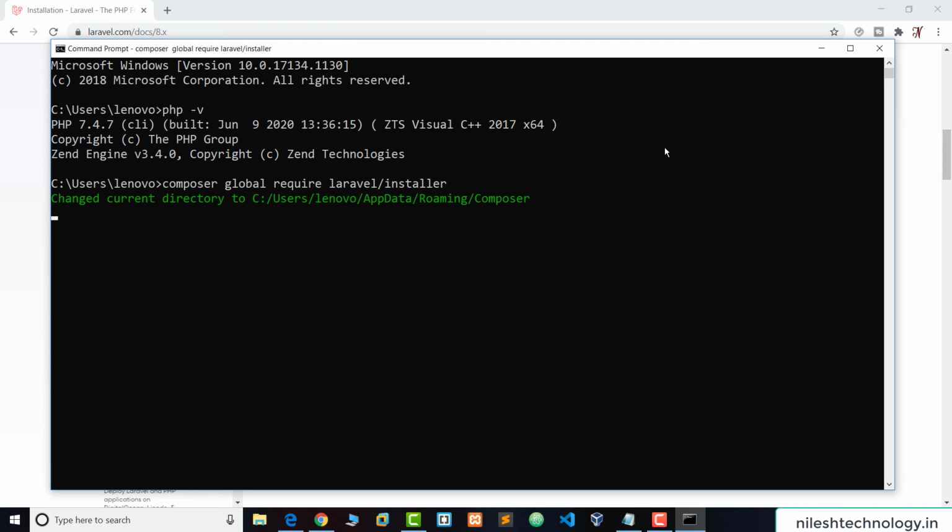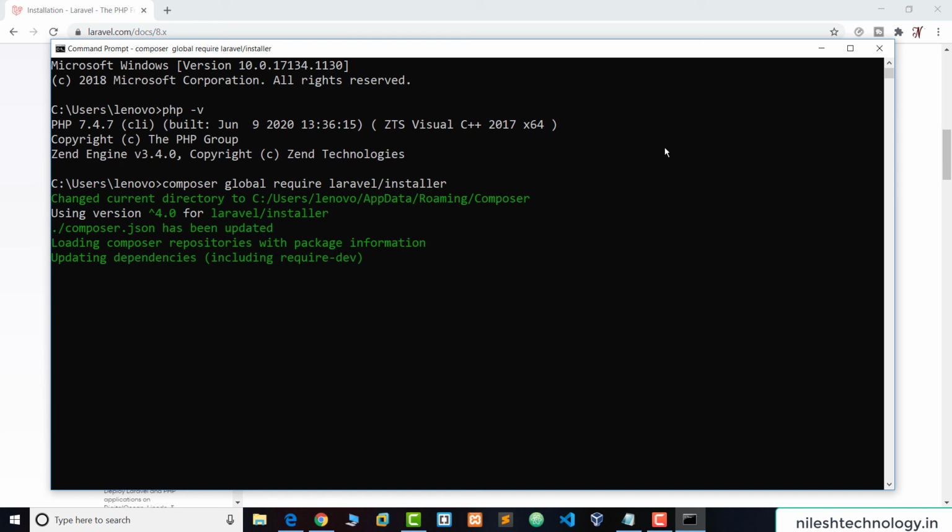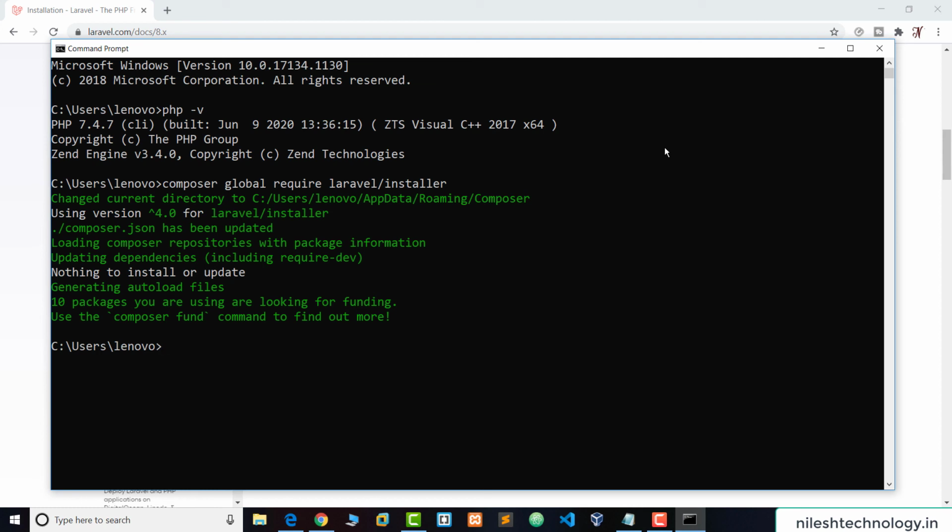Wait for some time. I have already installed Laravel, so that's why it is showing that these files are already installed.